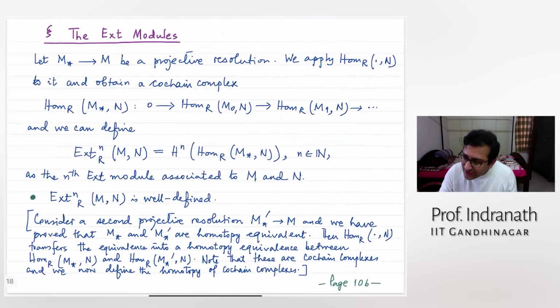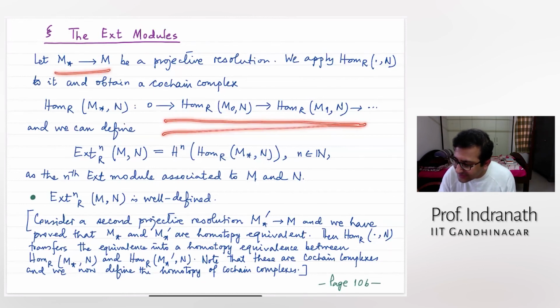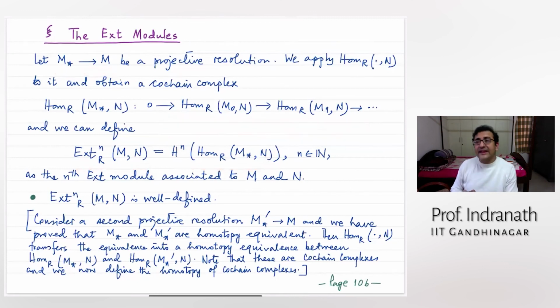If you start with the projective resolution and apply Hom, then left exactness is fine, and the Hom sequence continues like this. You first apply the functor on this resolution and come to a complex, and then you take the homology of the complex at the nth level, or rather cohomology, because applying Hom flips it over, so from a chain complex you get a cochain complex. Take the cohomologies; these are called the nth Ext modules.